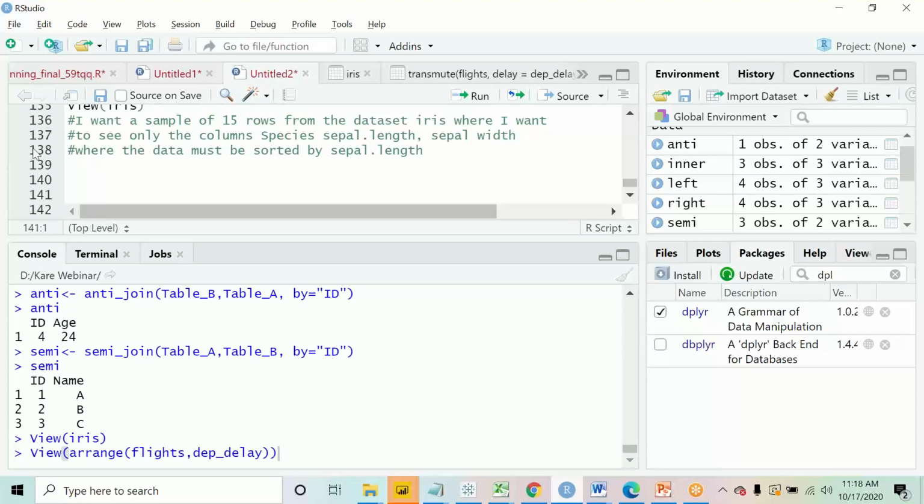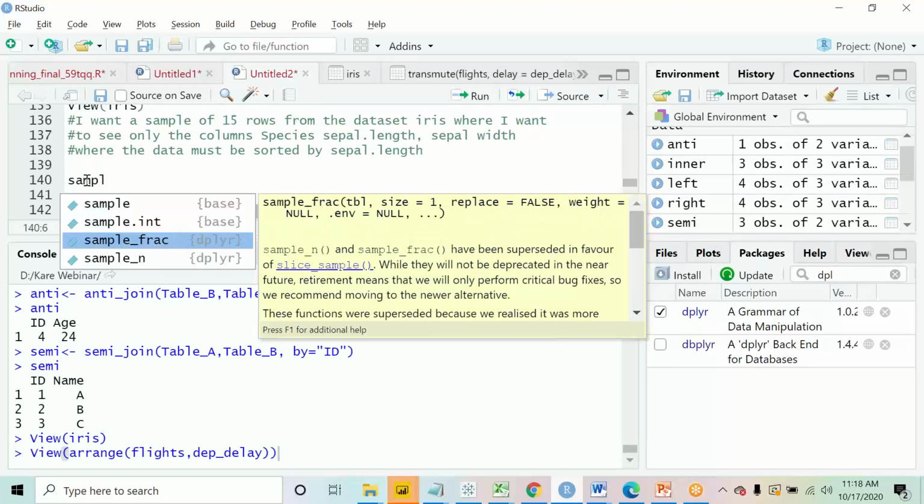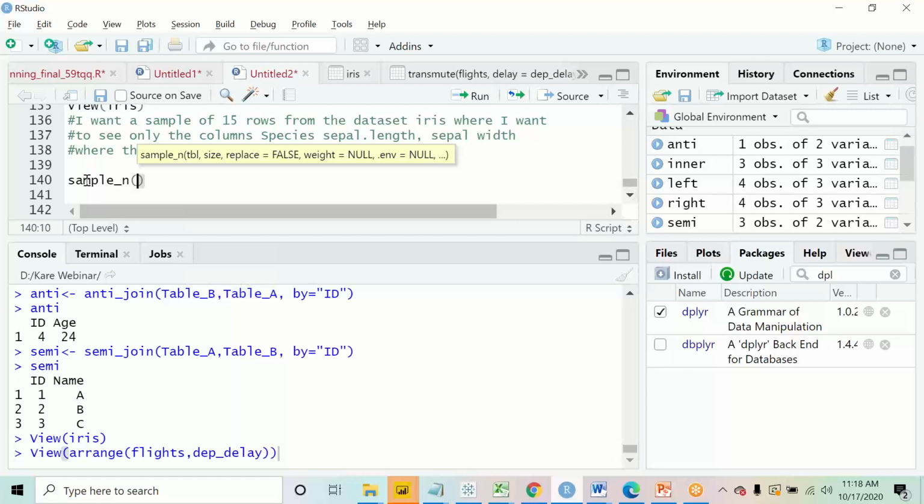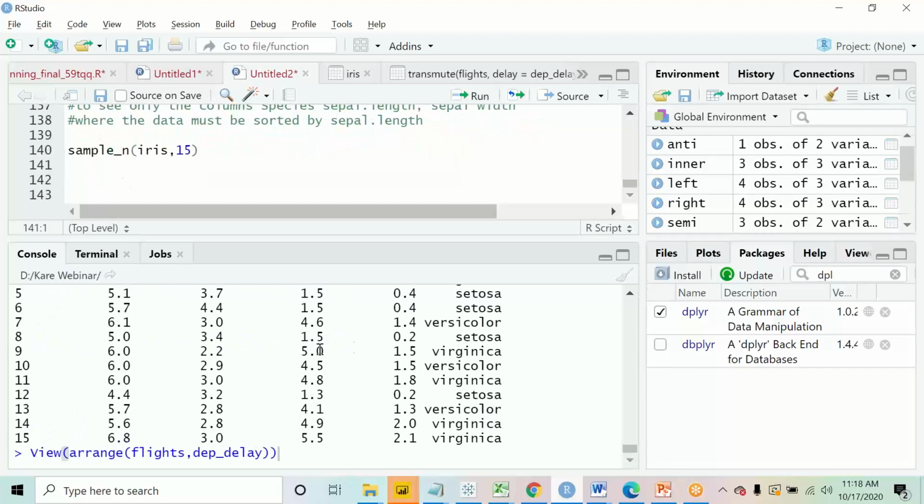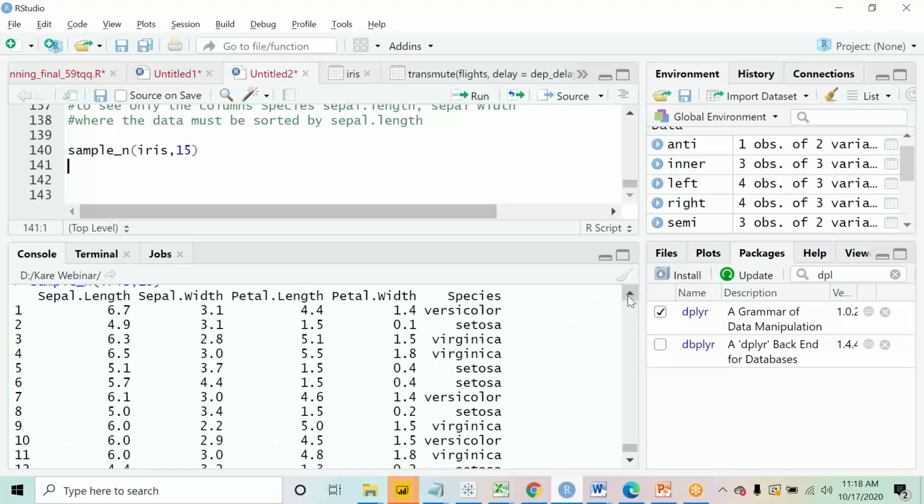Okay, so what I'll do over here is pick up a sample. This is the command for picking up the sample, sample length from the iris dataset. What I want to do is pick 15 rows. Okay, let us check it out. Does it give me 15 rows? Perfect. I am getting the 15 rows in this output. This is what I want to get. My first condition is satisfied. Every time I run this command, it will give me different rows, but that is not a problem for me because we are working on this dummy dataset.